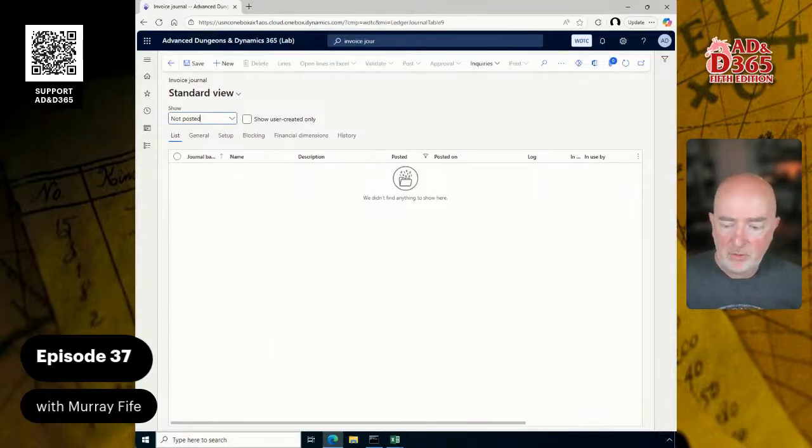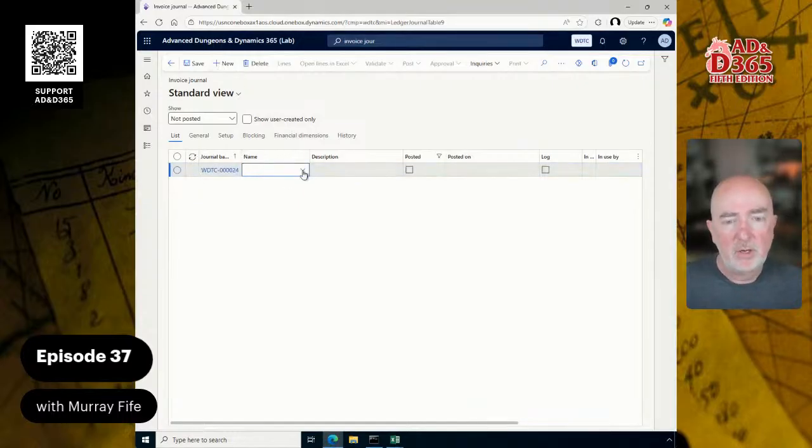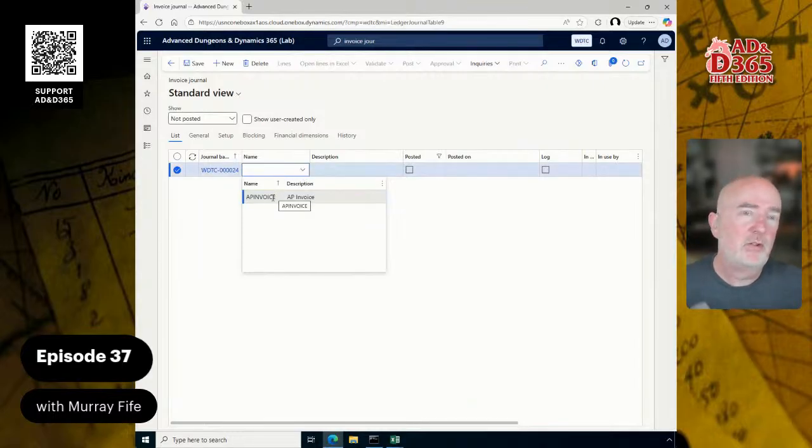So this is going to take us into the invoice journal, and I can now go in and create a new invoice journal here. And I need to create an invoice journal. I'll need to select an invoice journal name. So we created this in the earlier sessions where we were setting up the invoices, and this is one of